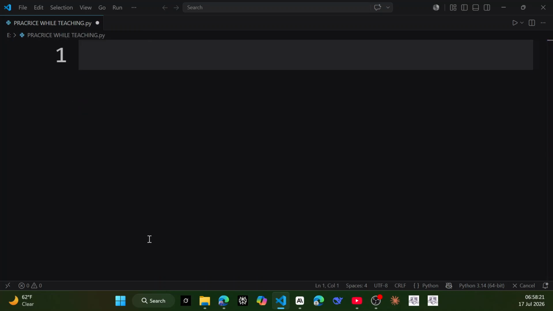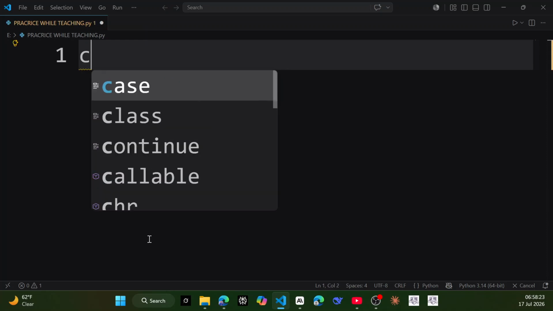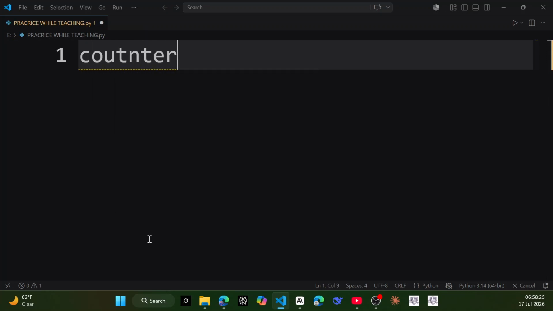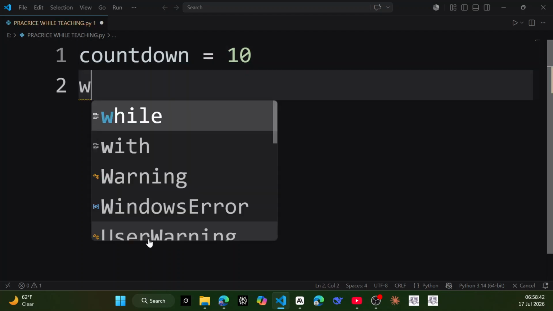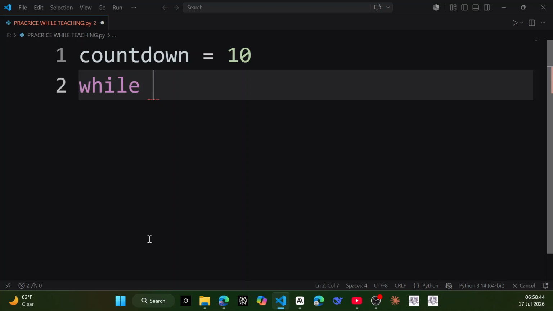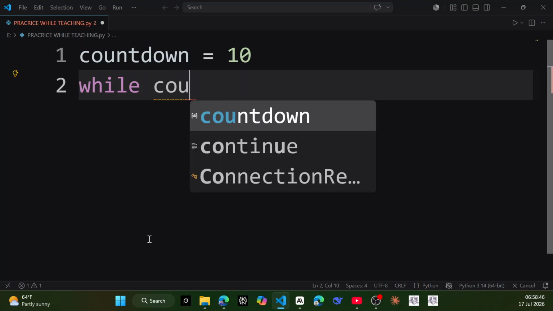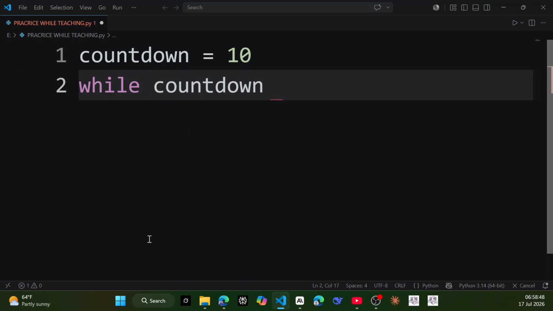So we have the counter. If you have something like countdown, countdown is equal to 10. So while countdown is greater than 0, we have this in our notes. While countdown is greater than 0,